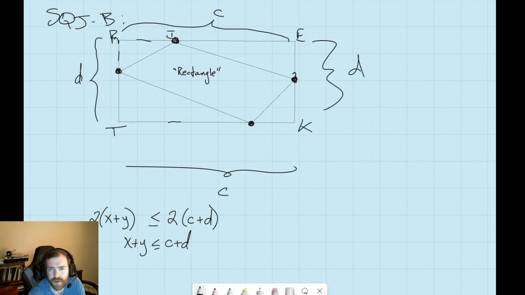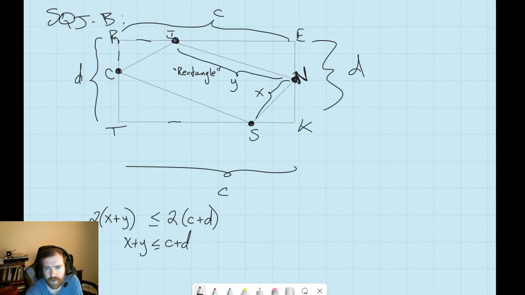So I-N-S-C for inscribed. Very imaginative. So here we have dimension X and dimension Y of our rectangle, which is definitely what it is on the other sides as well. Right, and then what we do is we can say, okay, we've got pieces of this rectangle, let's go MN PQ,